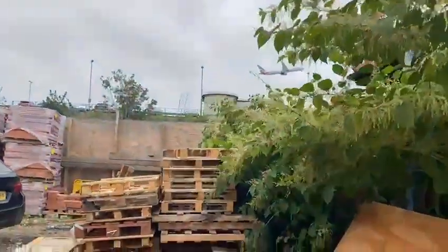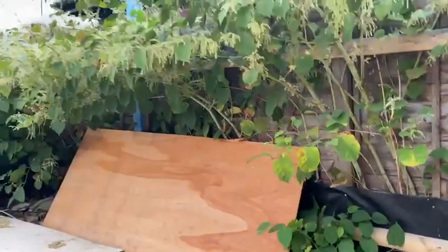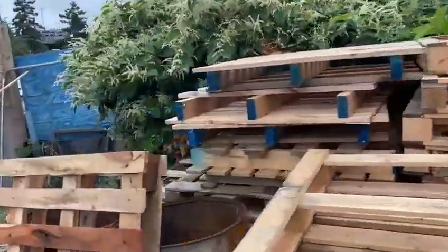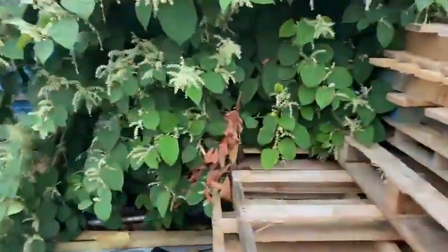Got the airport next door to us, so sorry about the noise, but here you go. And round here as well, I don't know if you can see, you've got some more Japanese knotweed again growing, certainly this side of the barrier. If we go underneath here,